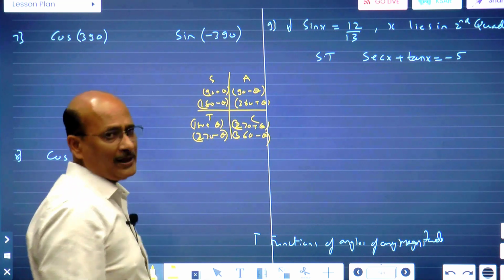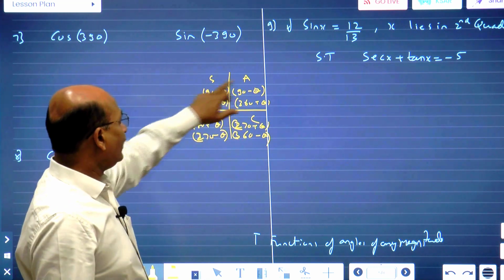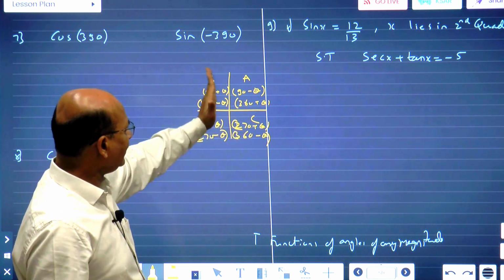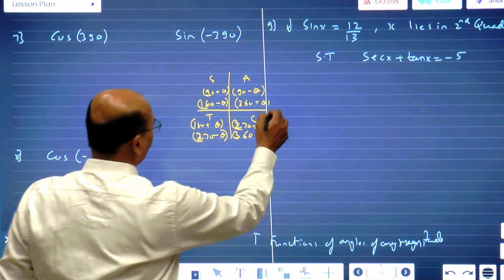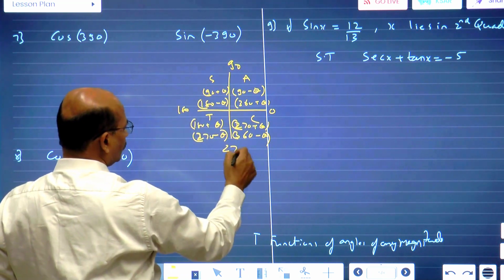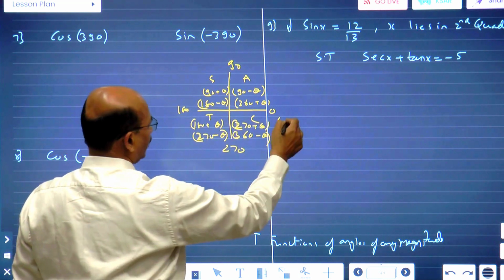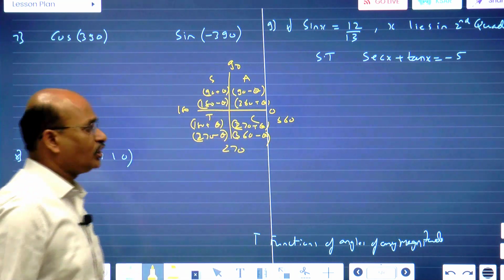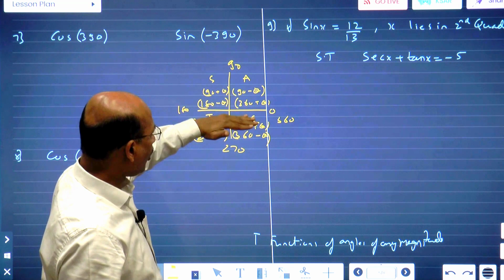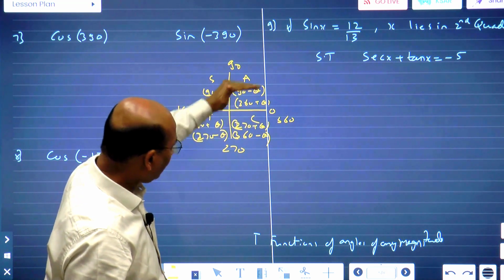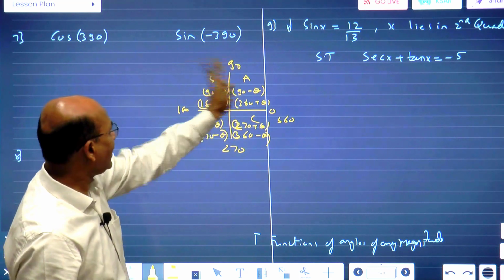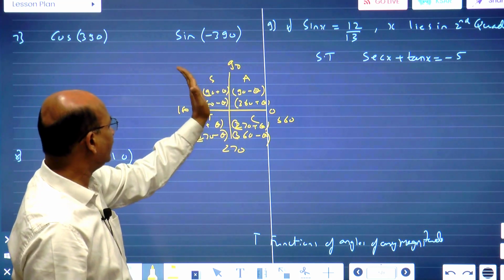Now this is a very important thing, the add sugar to coffee rule. In this quadrant I can write 90 minus theta. Remember, this is 0 degree, this is 90, this is 180, this is 270, and when you take one rotation, this becomes 360 degree. So the first quadrant will be 90 minus theta, or you can write the fourth as 360 plus theta. The second quadrant I can write as more than 90, 90 plus theta,